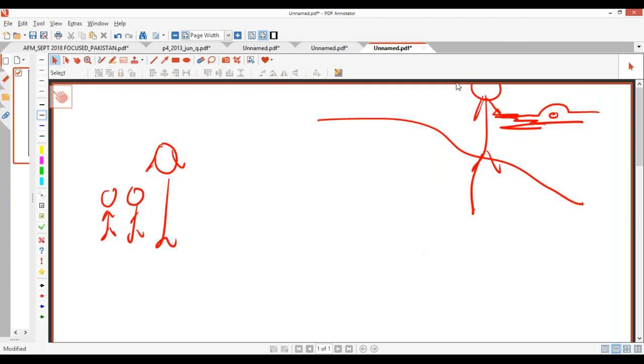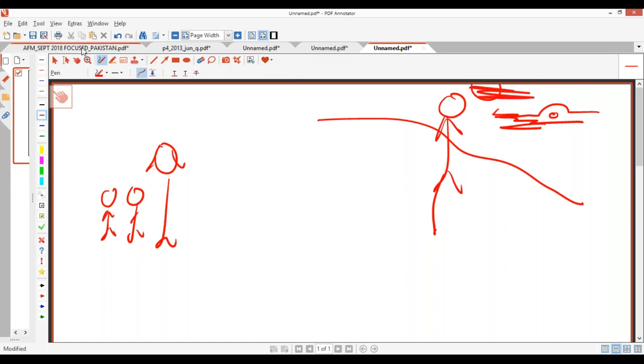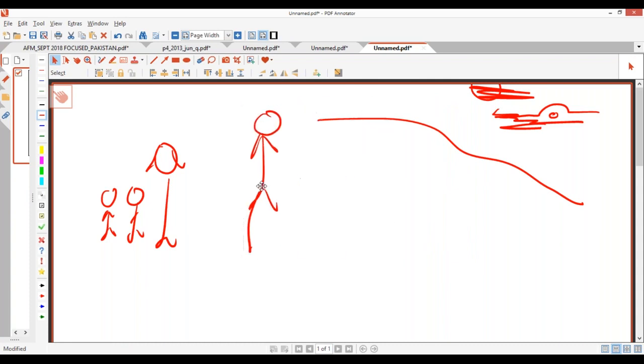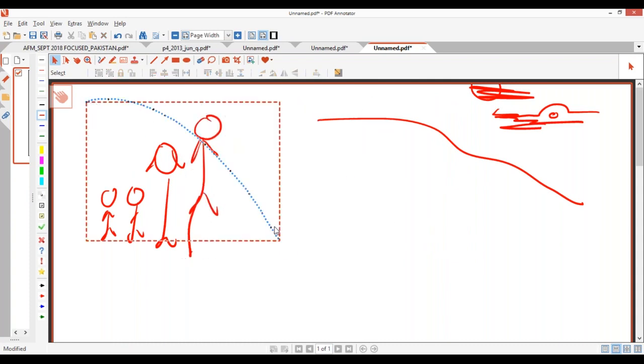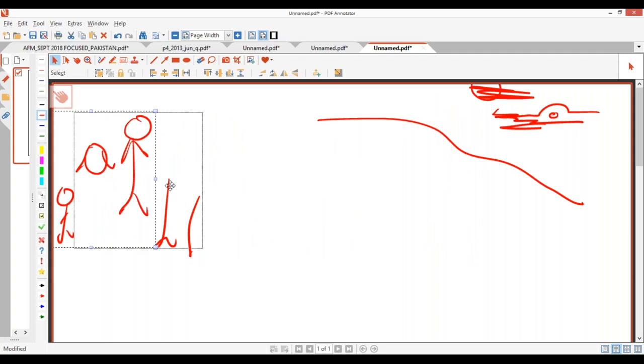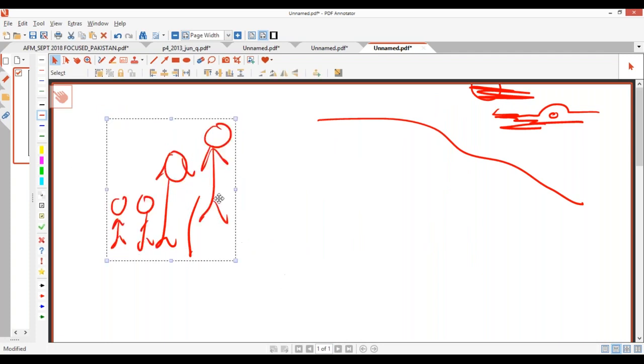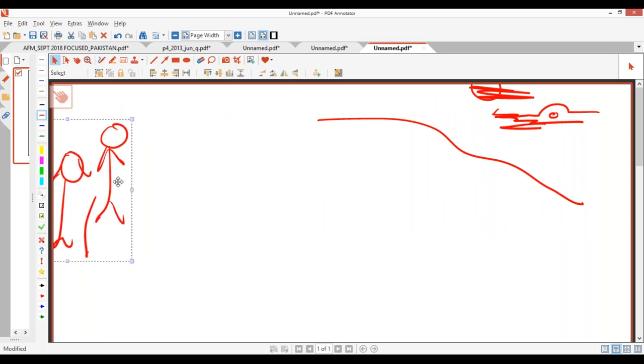Let me just draw something. He comes back. Where's his head? Oh my goodness, now I draw him a head. This head, give it to the crocodile. All right, no problem. If his leg is going to be missing, he comes back and tells the whole family, let's go back. We don't want to go and invest.